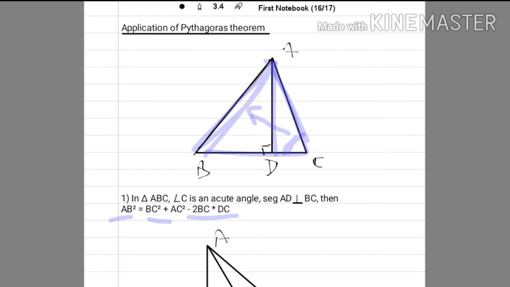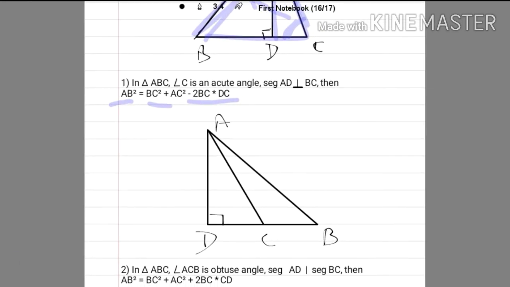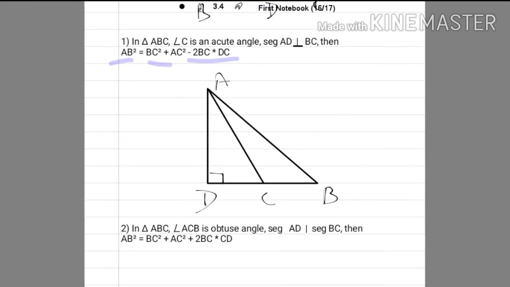Now how did we get this, we have to prove this. Now I have not taken the proof here because I want you to derive it on your own. It would be helpful for you, and it is given in your textbook. Just try to understand it. Using Pythagoras theorem, you have to prove this thing, right? So try it on your own, you will get to know more about it. Let's see the next thing. I have just taken the relationship here because I don't want to just give you everything, and I want you to prove it on your own because it would be helpful for you.